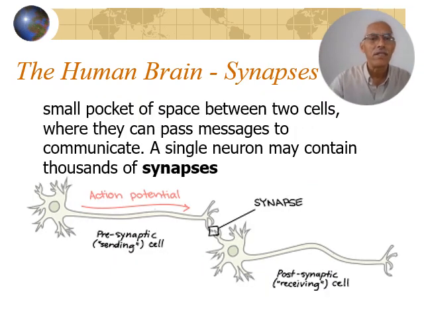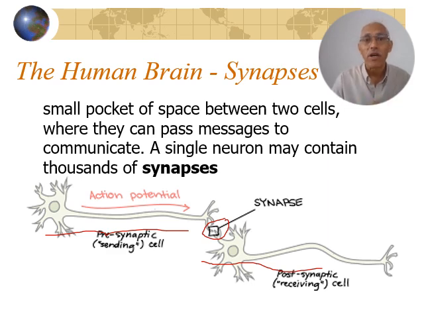Now, as you can see here, this is a neuron cell. This is one cell here. And it connects, as we learn, forms connections to another neuron. And the point where it connects is called the synapse here. And a synapse is a small pocket of space between 2 cells where they can pass messages to communicate. And a single neuron is said to have thousands of synapses. As we see later on, they say 10,000 synapses. Each neuron, each one of these ones, will have 10,000 possible places of connection, points of connection with other